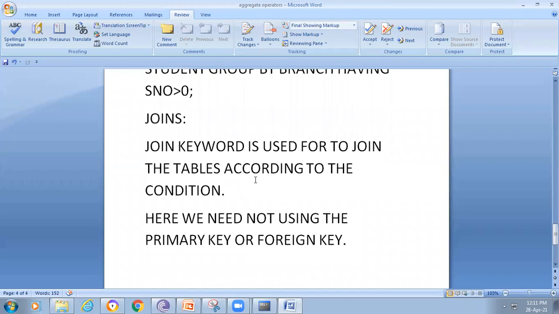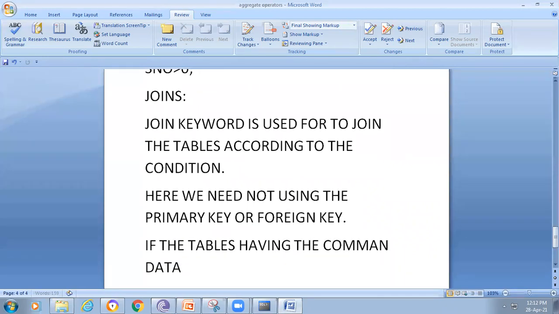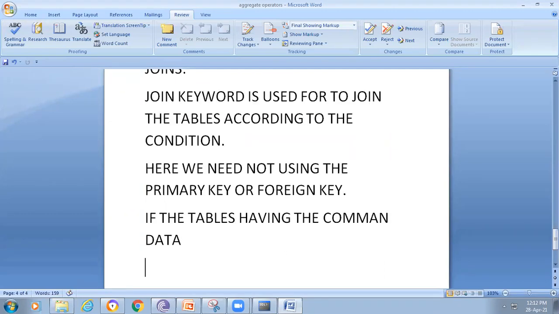Without a foreign key and primary key also, we can combine the tables if the tables have common data, not a common field. Then we can combine two tables, or more than one table, into a single table.